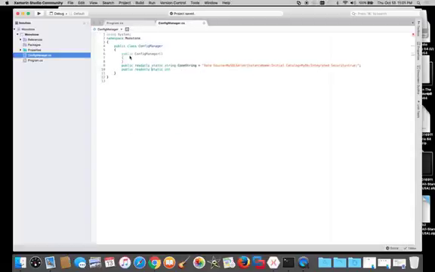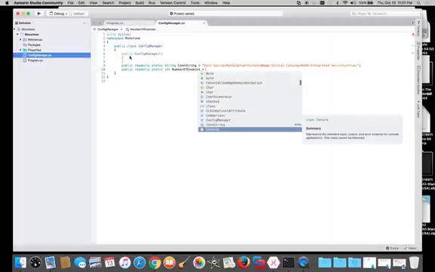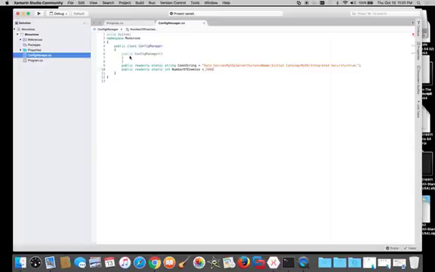We want it all to be read-only. Static is fine, but with read-only, then it can't be changed, and that's basically what you want a monotone for anyway. So int number of enemies on the screen, or whatever you wanted to say, enemies on the screen, and we're going to say 200,